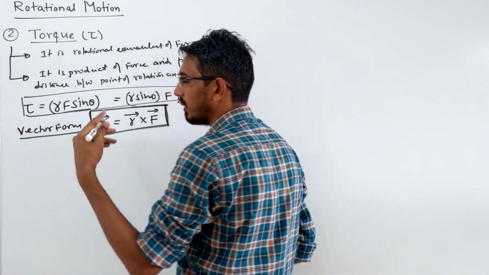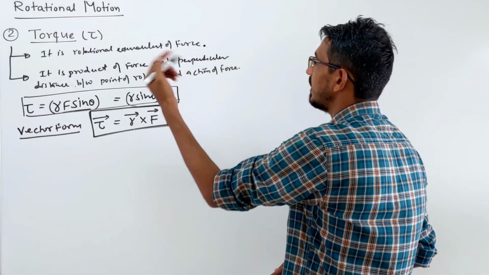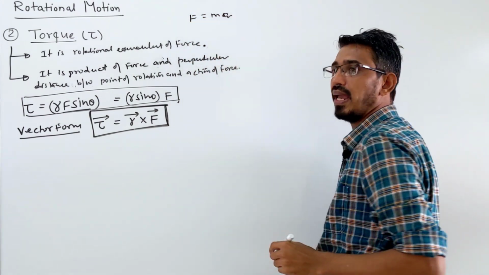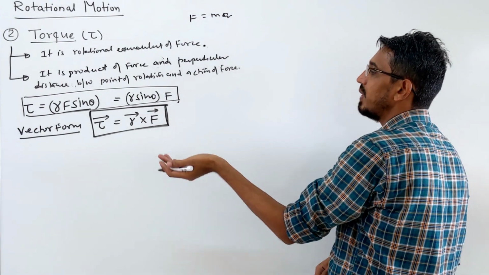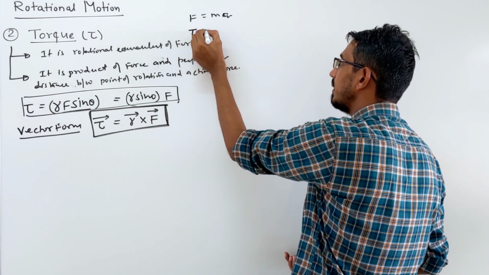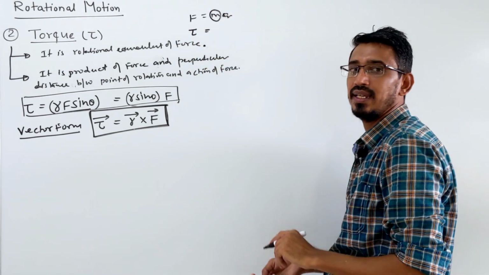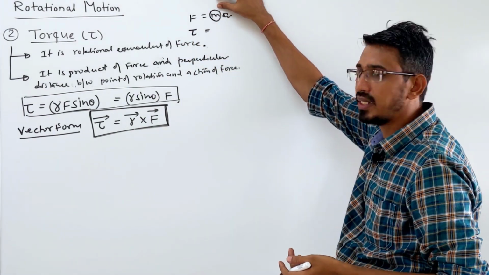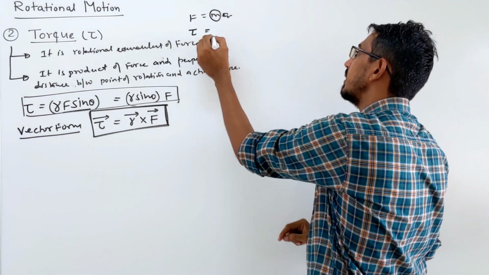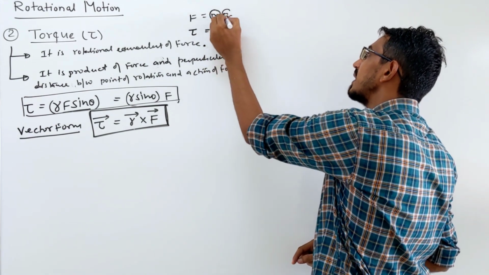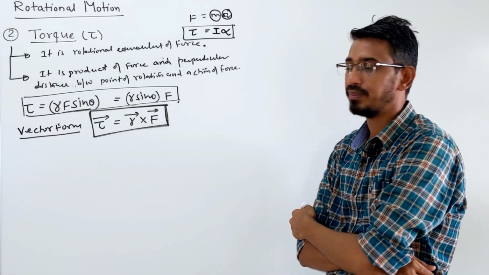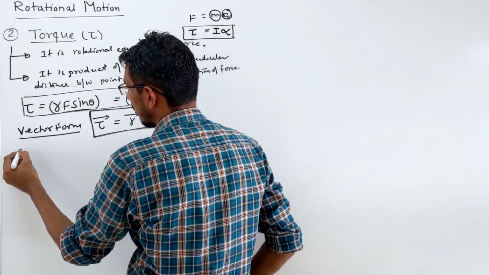You can write this now in rotational quantities also. I said this is equivalent to force. What is the general formula for force? Ma, right? So how do you write the torque formula in terms of rotational quantities? I said force and torque are equivalent. In the linear chapter, mass is the main thing. So who plays the role of mass in this chapter? Inertia, I already told you in the first lecture. So here it becomes I, and this is acceleration. Here it is called angular acceleration, alpha. So this is in terms of angular quantities, okay.